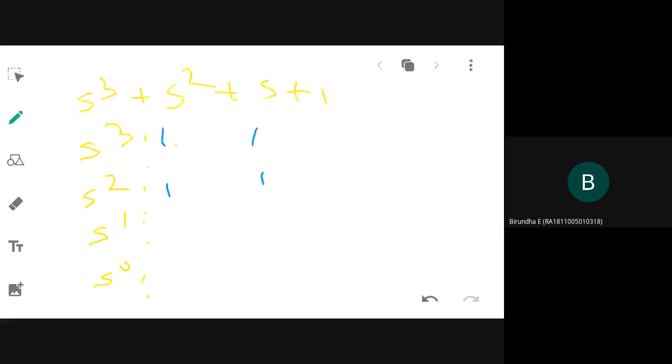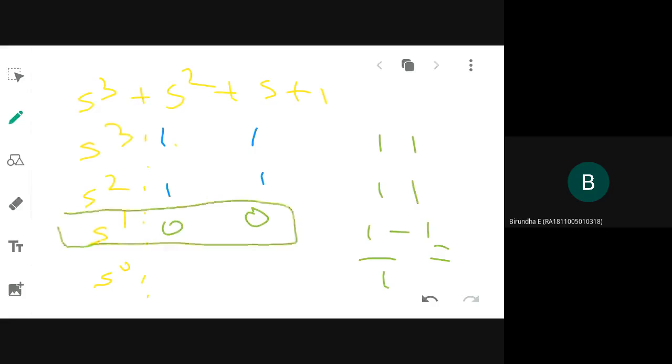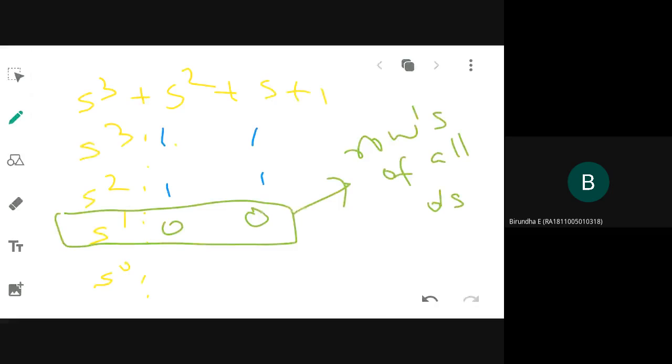Third row element. 0. Okay, yes, I'm testing 1. So 1 minus 1 divided by 0. Okay, then next we are having rows of what? Earlier we discussed what to do when the first element alone is 0. But if you see this case, you are having a row of all zeros. So how to solve this problem we need to discuss. Understood what is the row of all zeros case?